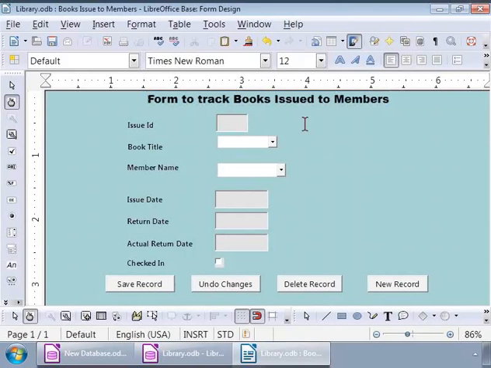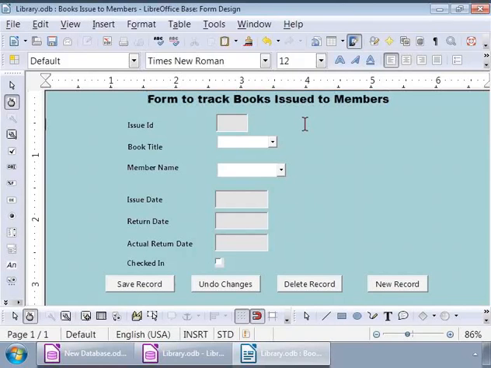Finally, let us look at the tab order of the form controls. This helps us to use keyboard tab keys to navigate across the form controls in a particular order. Say for example, from the top to the bottom. This is called the tab order.